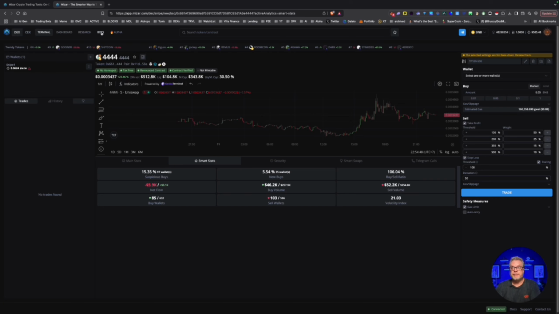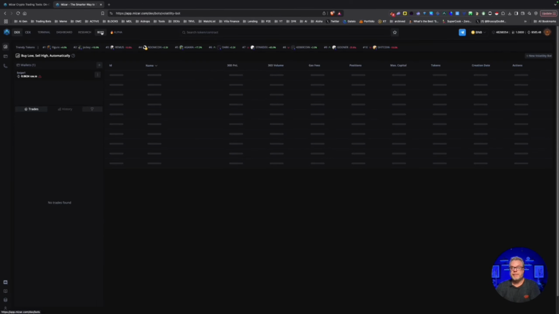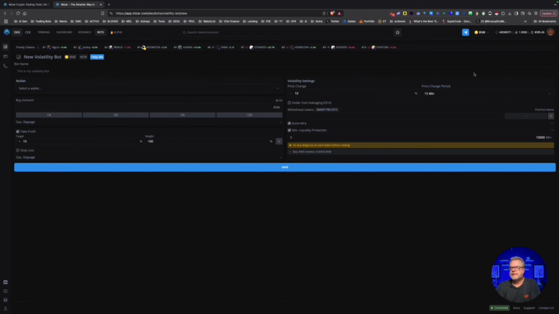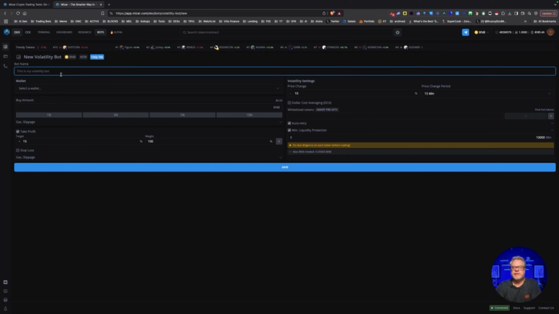So what you want to do is jump over to the bots tab, where you will be able to create a new bot. You can see I've got one here, volbot1. We're going to create a new one to give you an example of how this works. If we jump over to the right-hand side, you can see new volatility bot. Just click on that and you'll get the volatility bot screen for your setup. If you're new to this, you can have a look at the help me section to get an idea of how things work. We're going to call this volatility bot